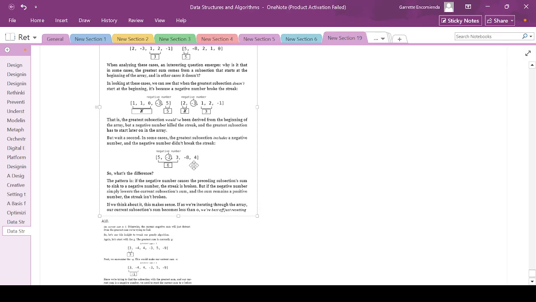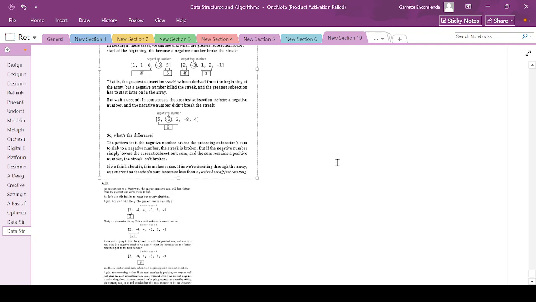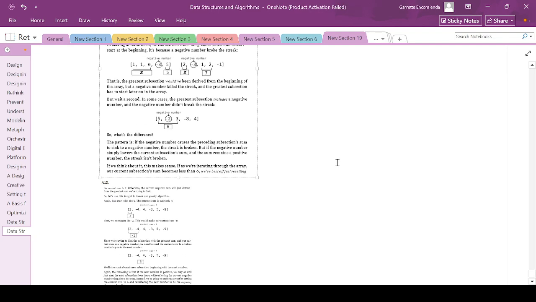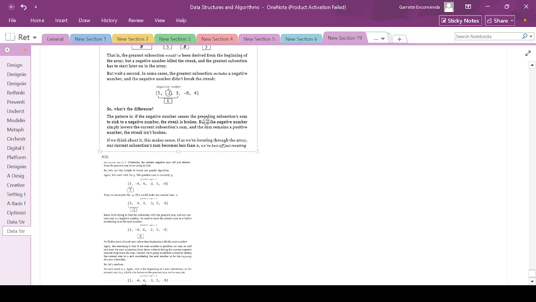But wait a second. In some cases, the greatest subsection includes a negative number, and the negative number didn't break the streak. So what's really the truth? What's the difference? The pattern is, if the negative number causes the preceding subsection sum to sink to a negative number, the streak is broken. But if the negative number simply lowers the current subsection sum and the sum remains a positive number, the streak